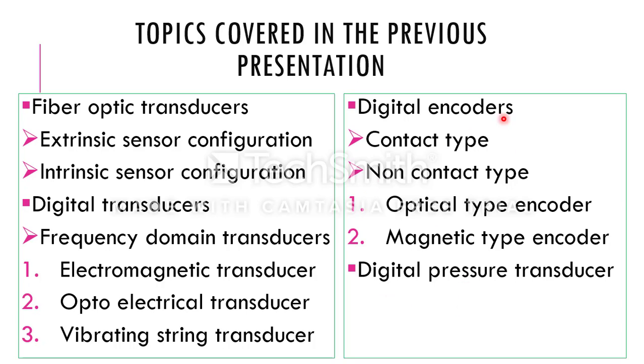In that we have two types, contact type and non-contact type. We mainly focus on non-contact type, that is optical type and magnetic type. Optical means all these are dependent on light. Just by reading these terms, the title, you can know what the input is and how it works, on which parameter it mainly works. Now electromagnetic means it is the magnetic and the electrical. So we just remember by the term, and remember the diagram.